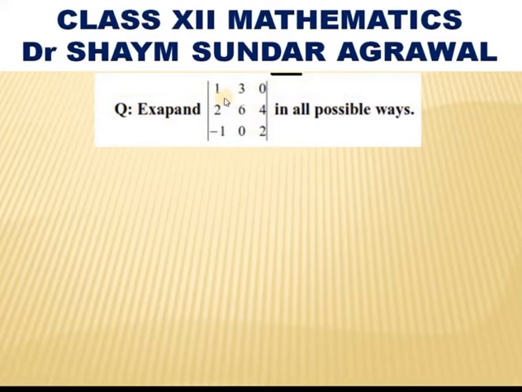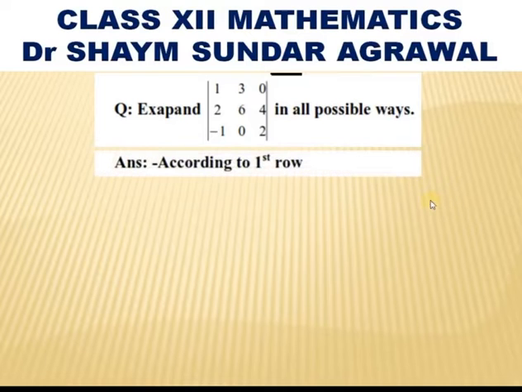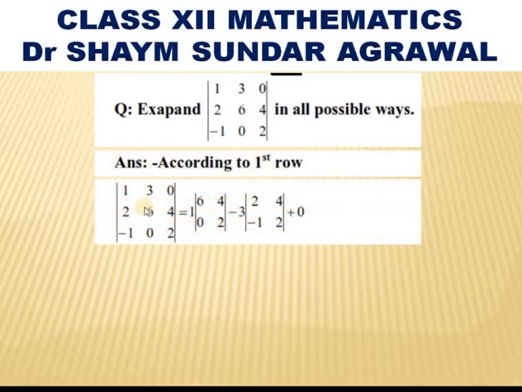Similarly, let us expand the determinant 1, 3, 0, 2, 6, 4, minus 1, 0, 2 in all possible ways, means according to first row, according to second row, according to third row, according to first column, according to second column, according to third column. According to first row,